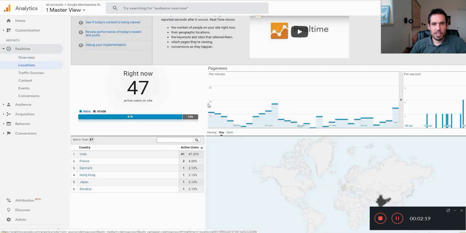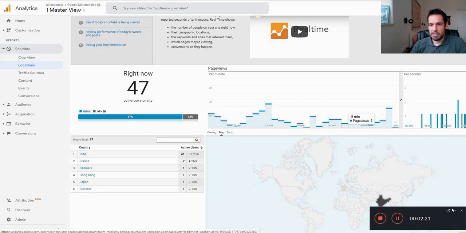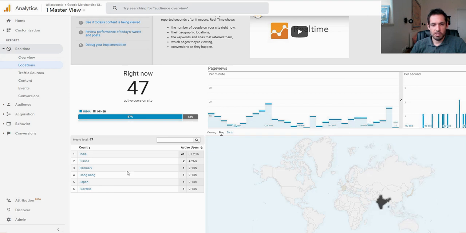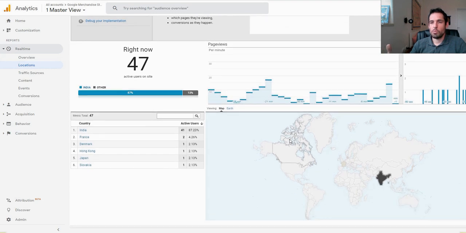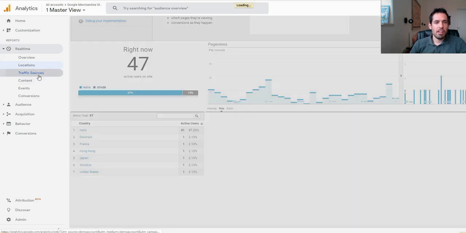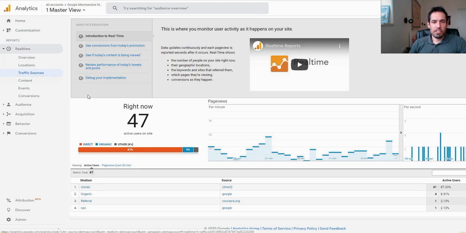You can also see the locations. As I said, this is auto-generated, this is not real data, but you can see where exactly the data is coming from, if you're targeting worldwide or if you're targeting tier 1 countries, so you can see exactly what the distribution is. You can see what the traffic sources are, you can see the medium, and you can see the source. For those of you who don't know what a medium and a source are, I suggest Googling UTMs later. Medium and source basically are a way to attribute